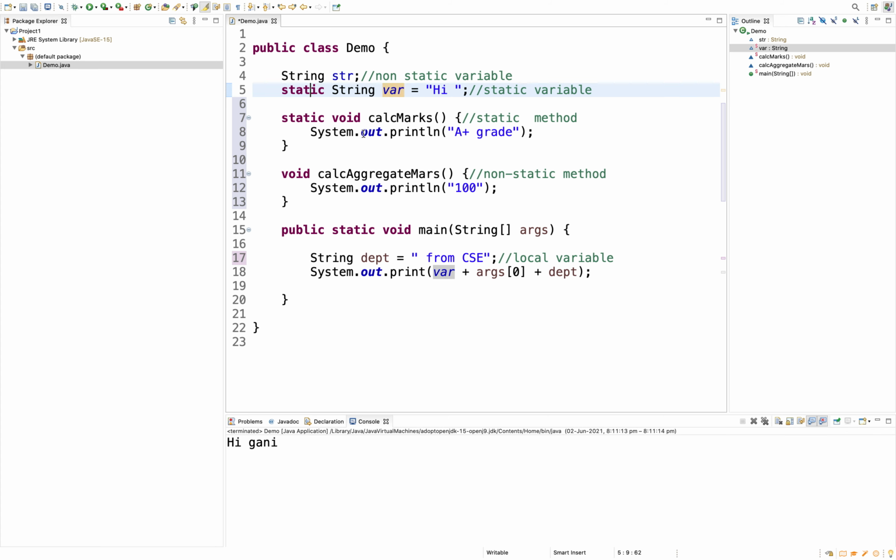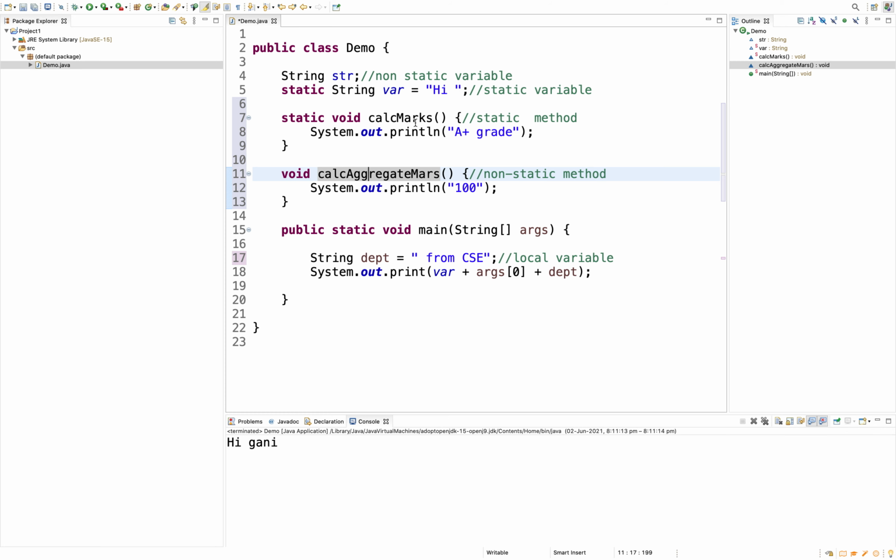I have also created one static method and another one, a non-static method. This method is just printing some string and the other one is also printing some string.